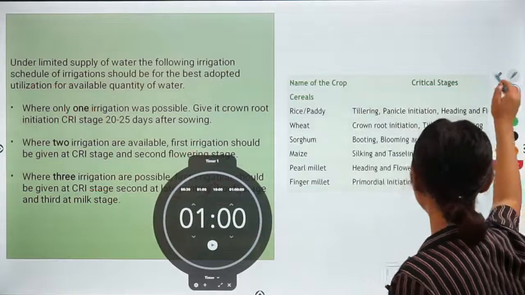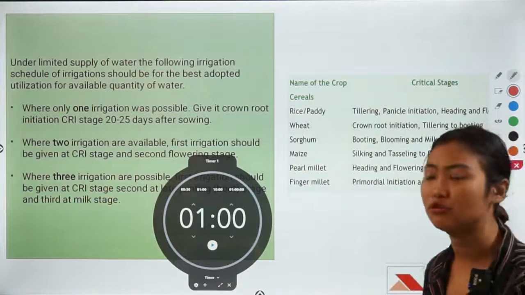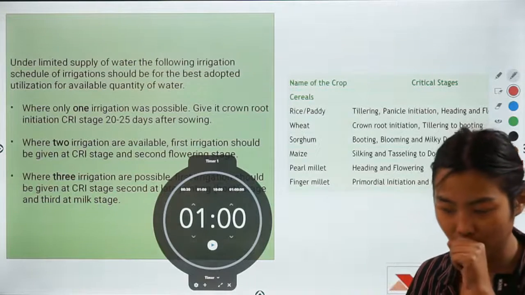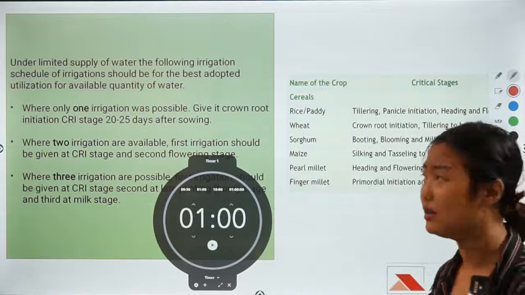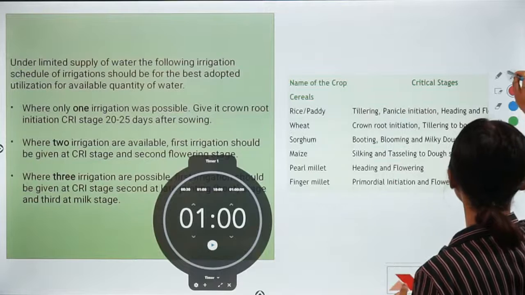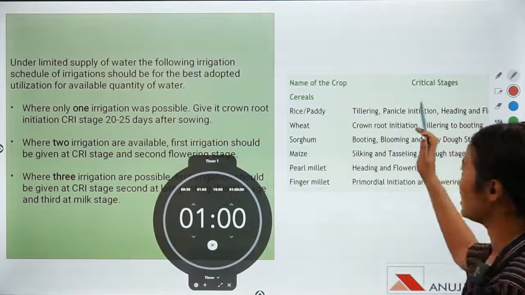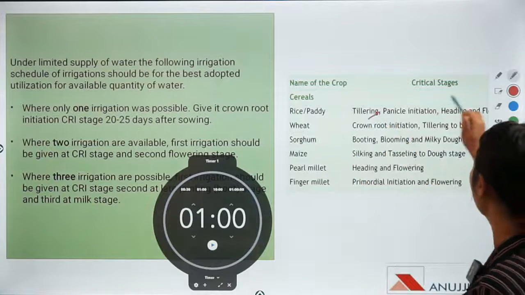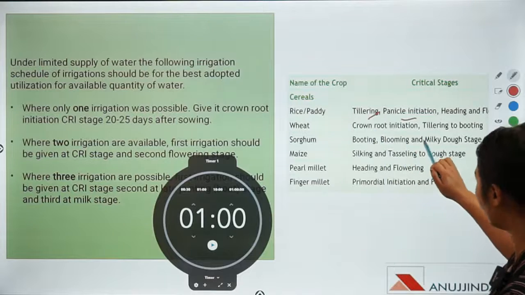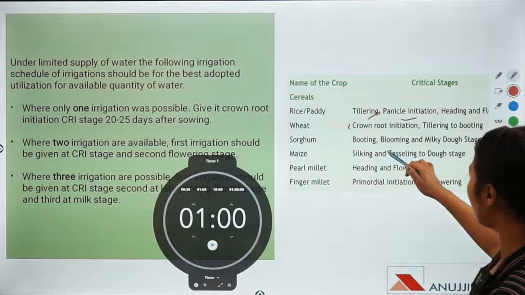Here I've given the names of some crops. I've only selected cereals, but don't forget to check out the pulses, the vegetables, the fruits, and the rest of the crops as well. Here are cereals and their critical stages. For rice, it's tillering, panicle initiation, heading and flowering. Wheat is crown root initiation, which is the CRI, and tillering to booting as well. Sorghum has booting, blooming,